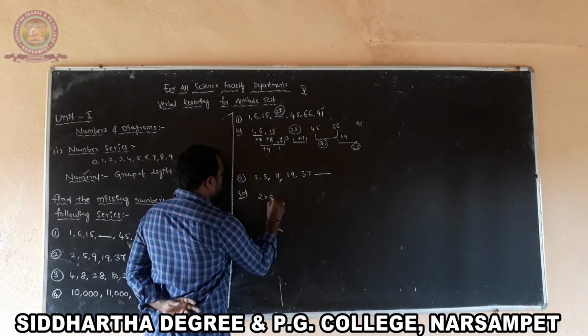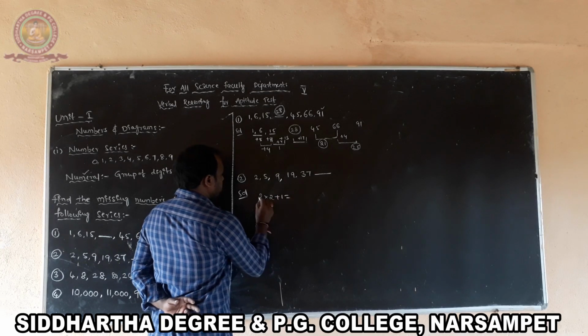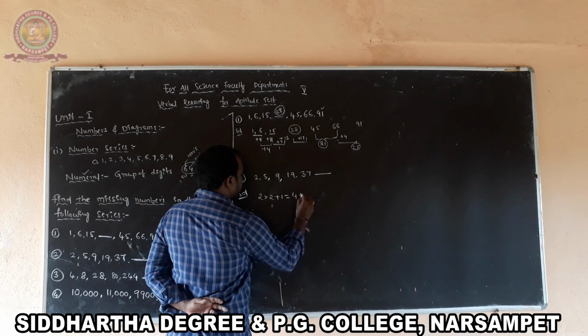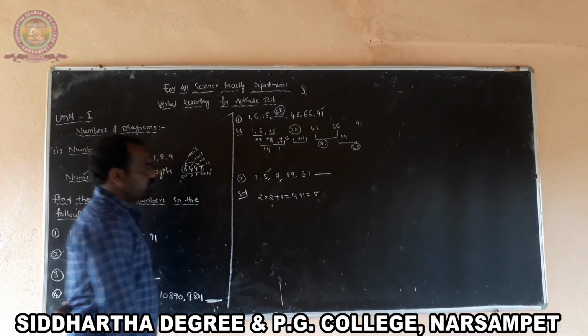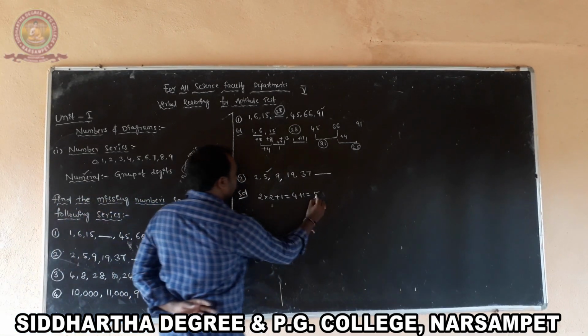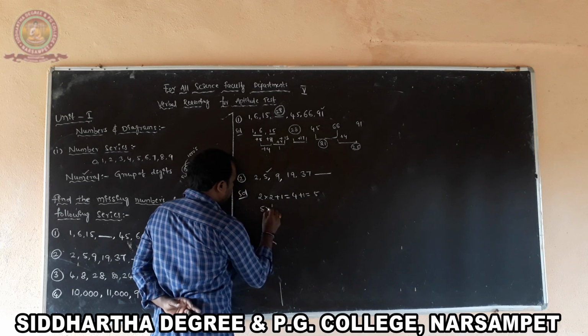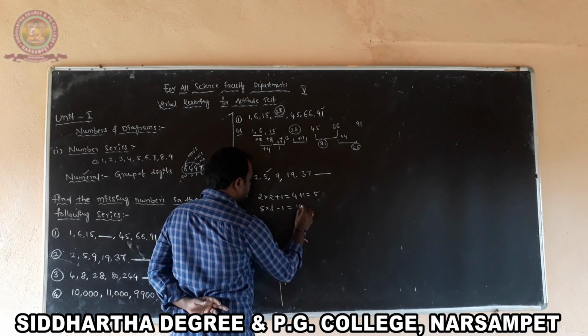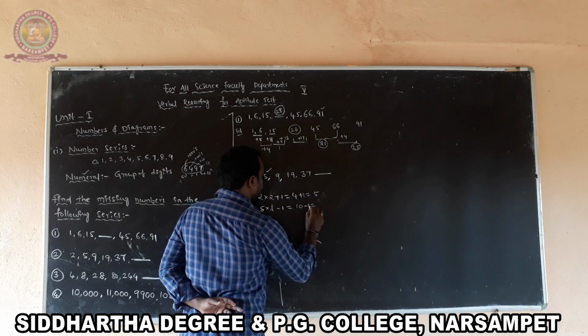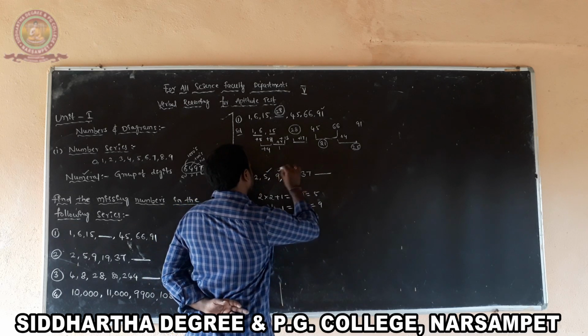2 into 2 plus 1, 2 into 2 is 4 plus 1, that is 5. So that is the next term, right? Next, this one is 5. So 5 into 2 minus 1. So 5 into 2, 10 minus 1, that is equal to 9. So that is the second term,